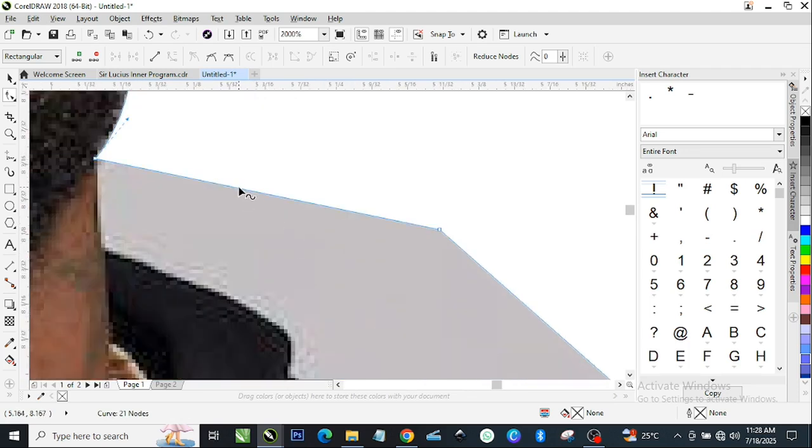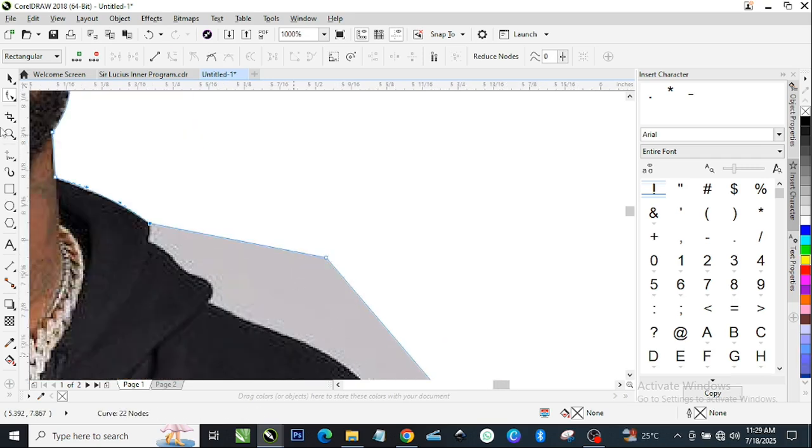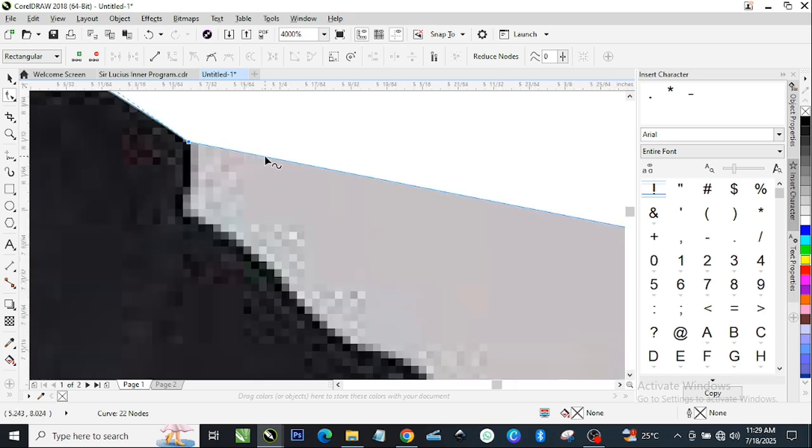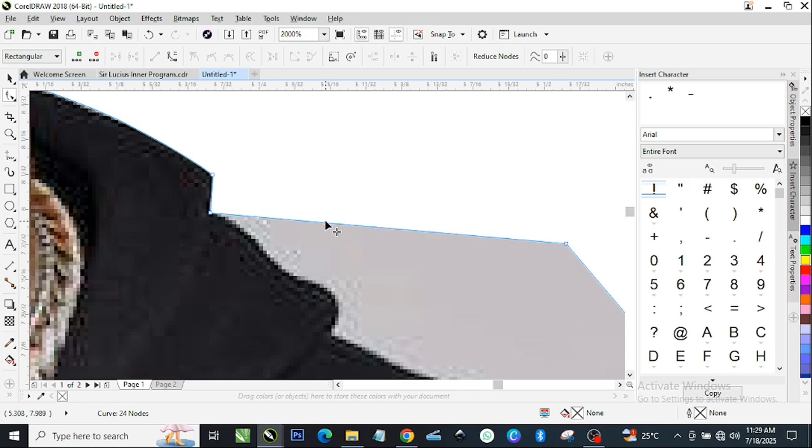Just continue the process, guys. We are learning, so you just have to take your time and continue with the process. It takes time, but yeah, at the end you are going to love it. You won't just like it, you are going to love it. Yeah, guys, so add a knot, drag it out,